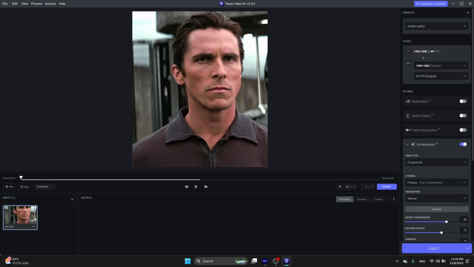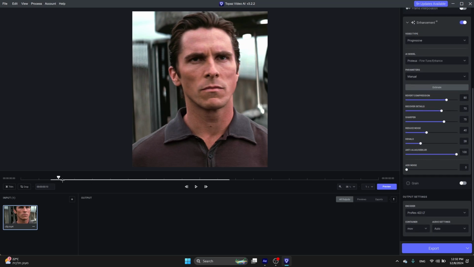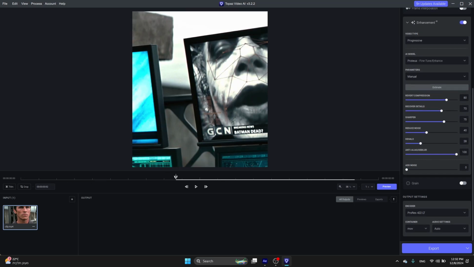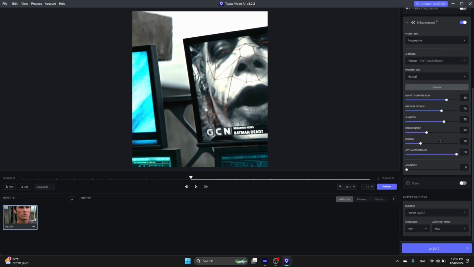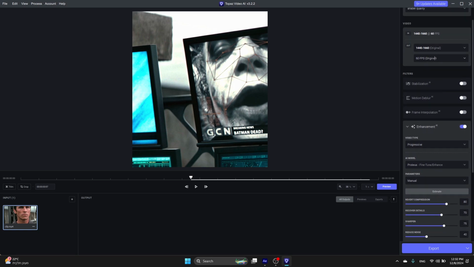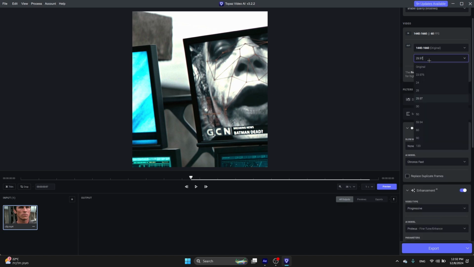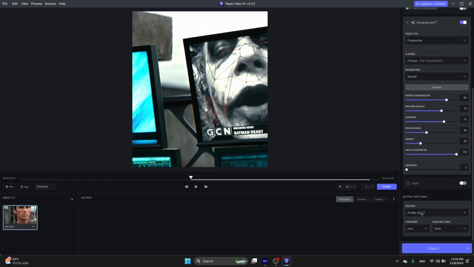I'm gonna show you my settings over here. This is my quality settings. You can achieve quality also on this, and this is gonna be a 60 fps video, so this is gonna be very smooth. You can just copy my settings. You can see over here 60 fps. If yours is a different fps, just press over here and make it 60. After that, press on export, and that's it. You're done.